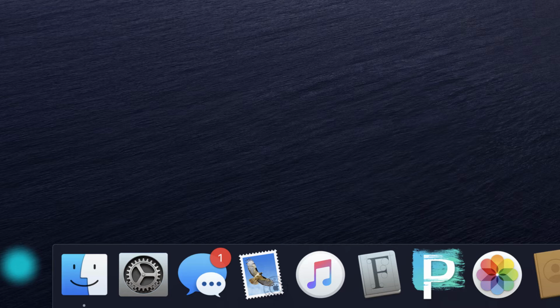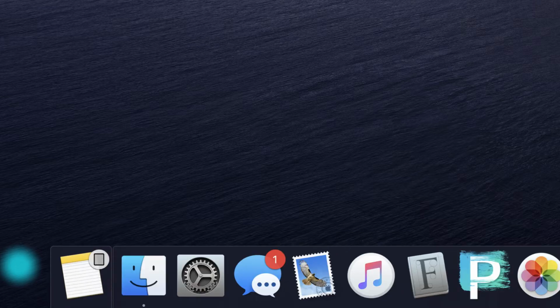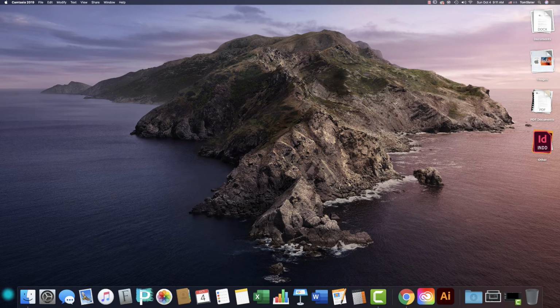I have Notes currently running on my iPad, and when I bring that into focus, you'll see that slide into view. I also have Messages running on my iPhone. Same thing when I bring that into focus. And bringing our attention back to the dock,